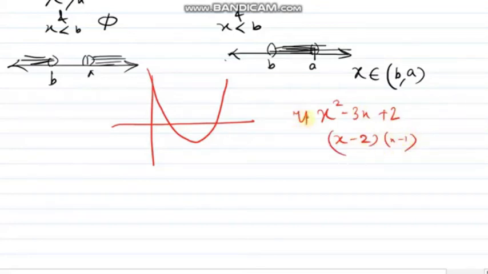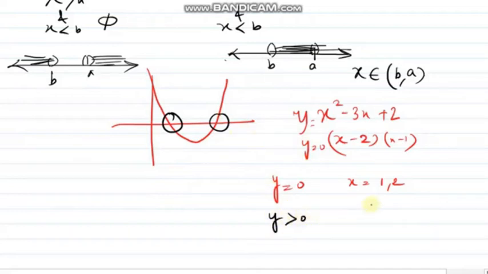So if y is equal to 0, then the x values are 1 and 2. Do you agree from the graph it is 1 and 2? Now when the value of y is greater than 0, that means (x minus 1) into (x minus 2) is greater than 0. I have discussed above, for this case x is greater than the larger number or x is less than the smaller number.